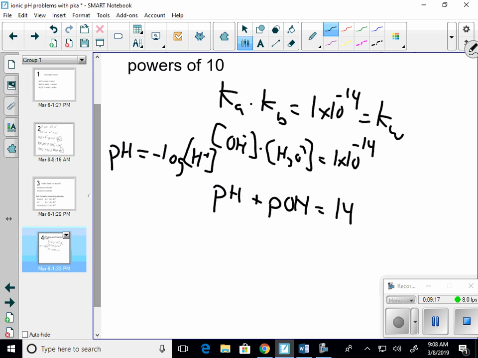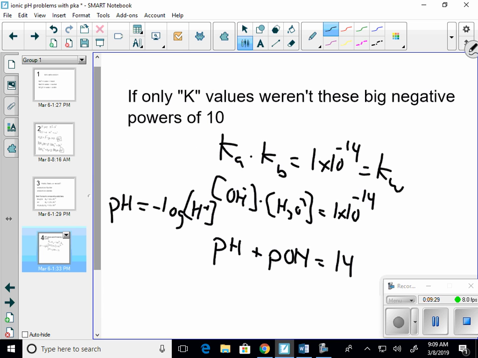Small numbers are nice to work with. Power of 10 numbers are sometimes a pain. You type them in wrong, you're wrong. The textbook used hydronium times hydroxide equals 10 to the negative 14th. Well, this right here has big numbers in scientific notation. But just like pH plus pOH equals 14 is just from logarithm,